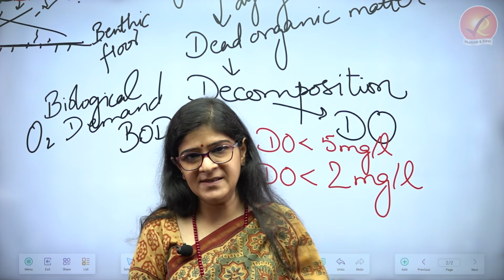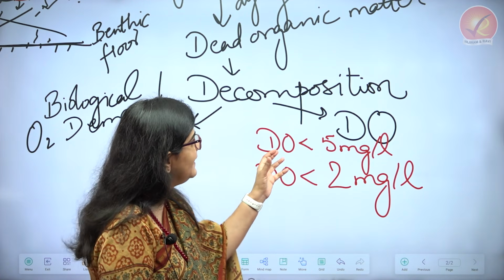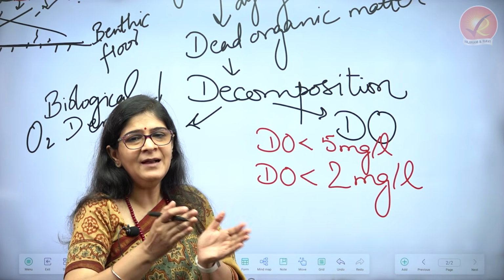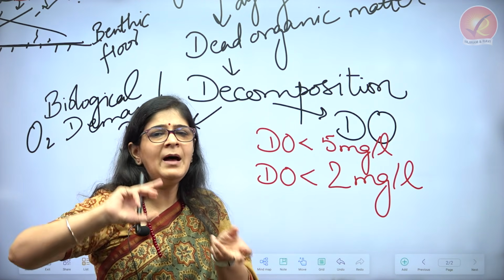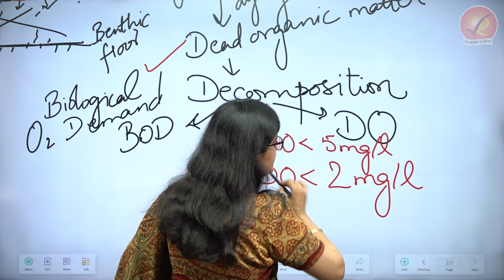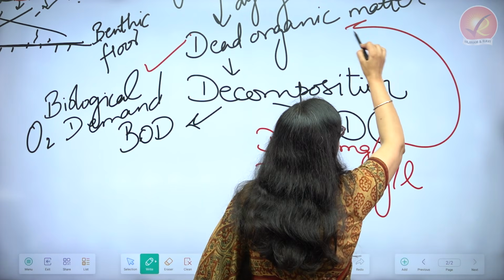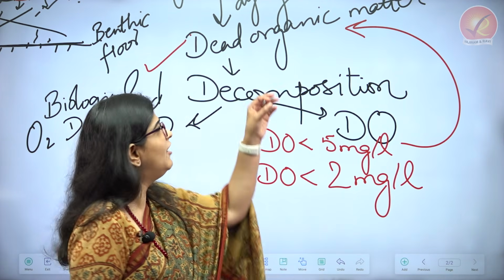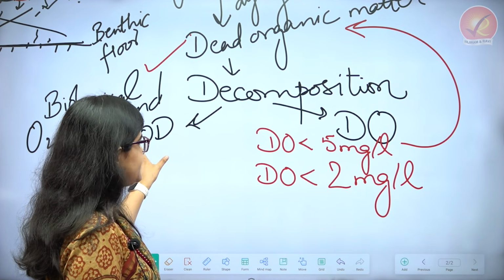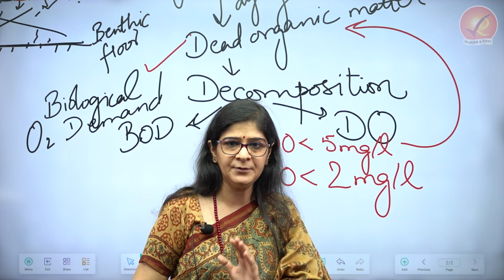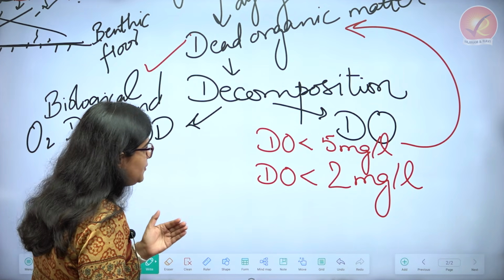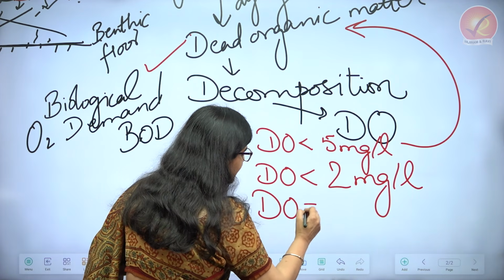Consequently, the bigger aquatic organisms like fishes, etc., start choking to death. And now once they start choking to death, understand what's happening. The process will magnify. What process? We have more dead organic matter. So once DO becomes less than 5 milligram per liter, the bigger organisms start choking to death, we have more dead organic matter, we will have more decomposition happening, the BOD increases further, the dissolved oxygen decreases further. And then eventually this process continues till a stage when dissolved oxygen can become completely zero.